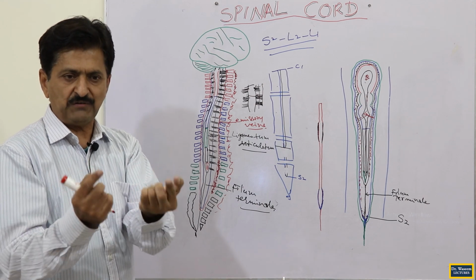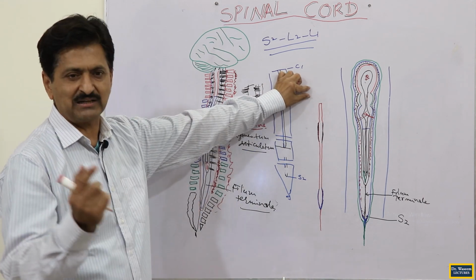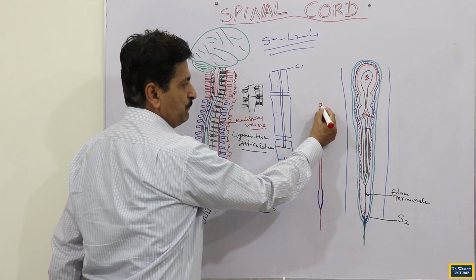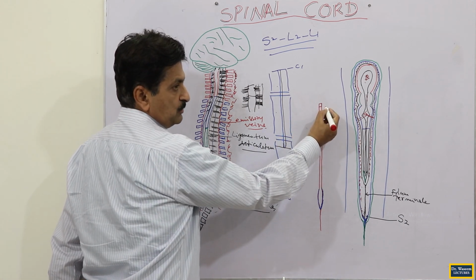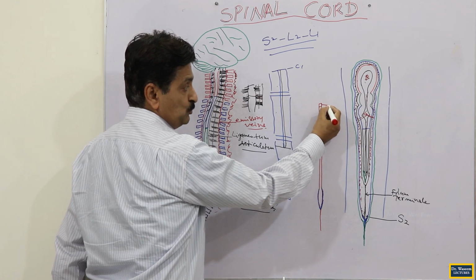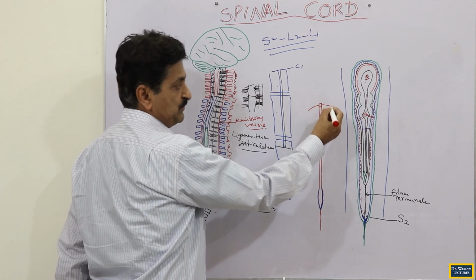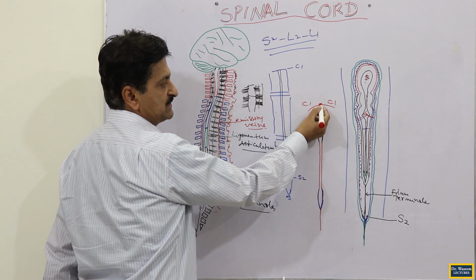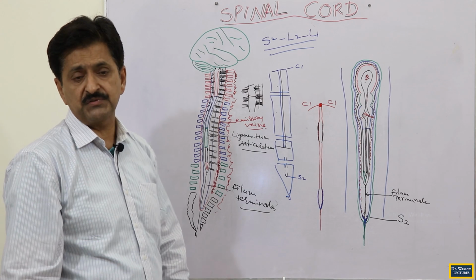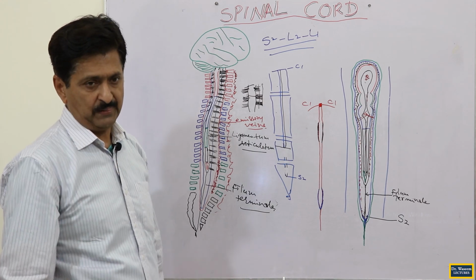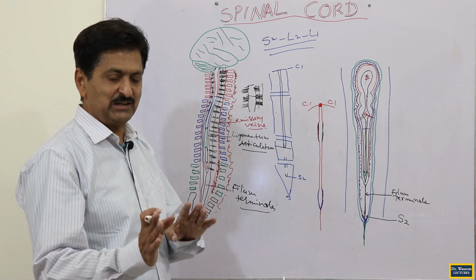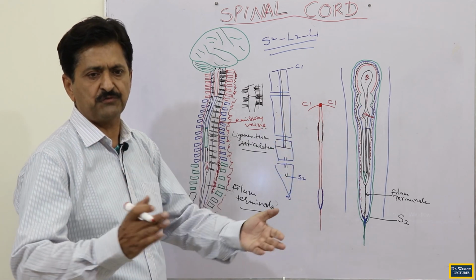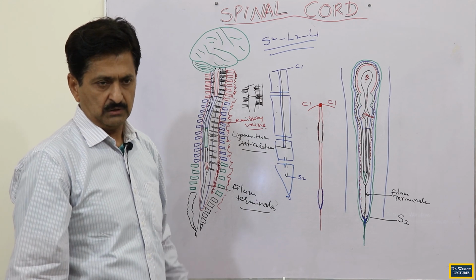Each pair should have some area of the spinal cord, and this is called a segment of the spinal cord. If, for example, this is one small piece of spinal cord, and to its side is attached your first pair of cervical nerves, you will call this piece the first segment of the spinal cord, though the spinal cord is not physically segmented as such. But the attachment of the nerves tells you that this segment of the spinal cord is specified for the attachment of the first cervical nerve.